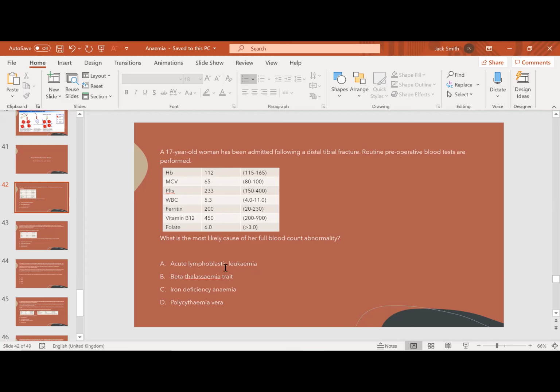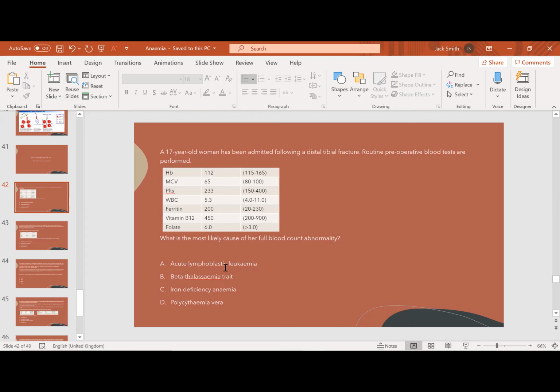So, things to note here. He's symptomatic, isn't he? He's never been diagnosed with anything before. He's from Greece, and he's got a normal examination. He's got a low HB, he's got a very low MCV, normal platelets, normal white cell count. So, which of these features would you see